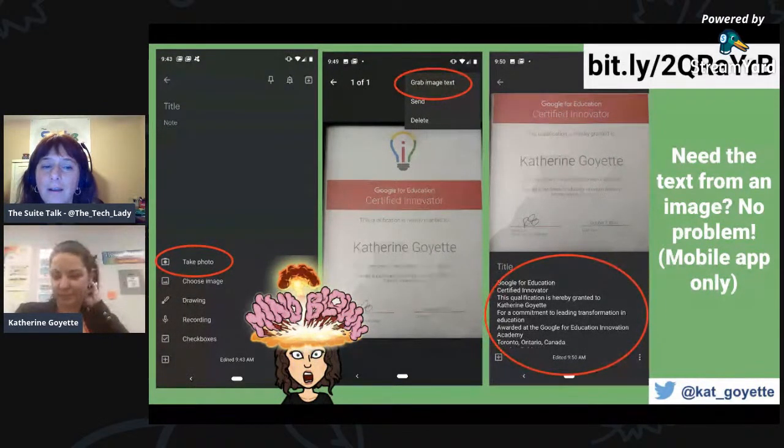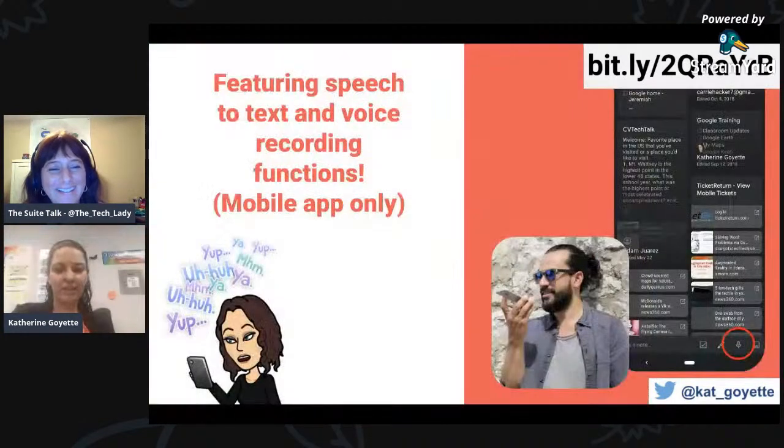Now, I hope you're going to talk about the recording feature. Yeah, I will. Hey, look, that's next. Yeah, they do have the speech to text and voice recording functions. So actually, sometimes when I'm driving, I'll have a thought and I don't want to forget it. A lot of times I come up with my blog post ideas while I'm driving. And so this way I can just speak it and it turns to text. It's speech to text. Yeah, that's cool.